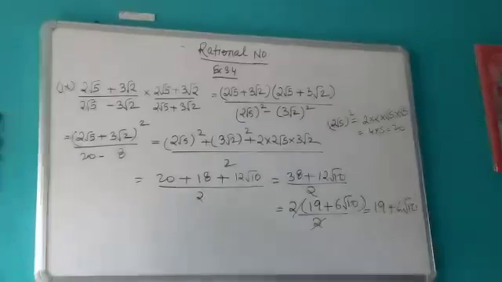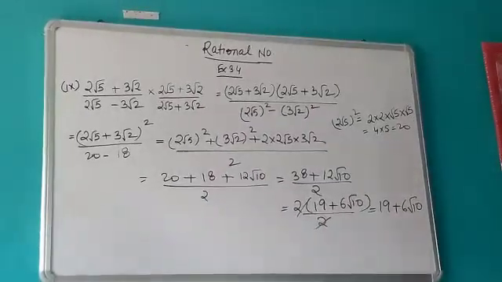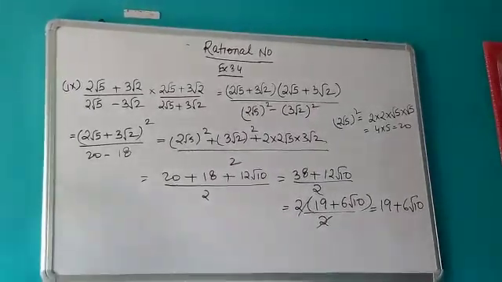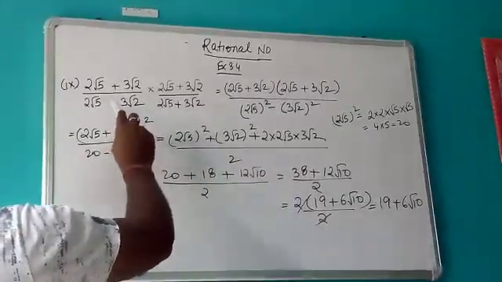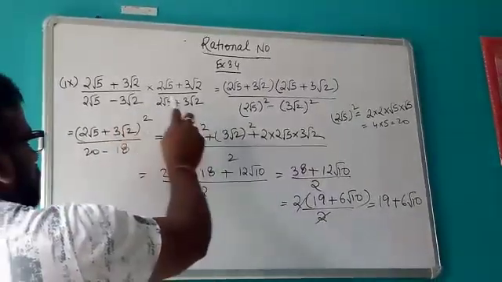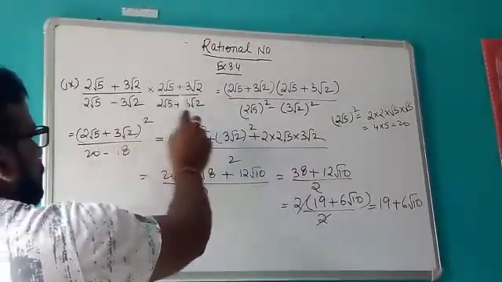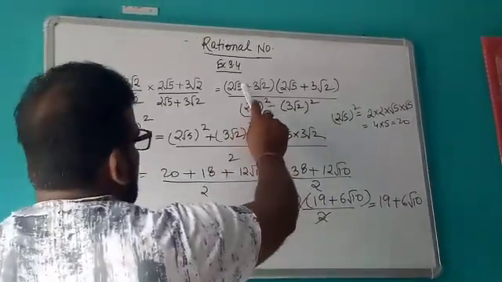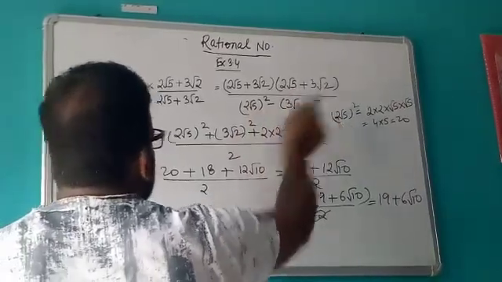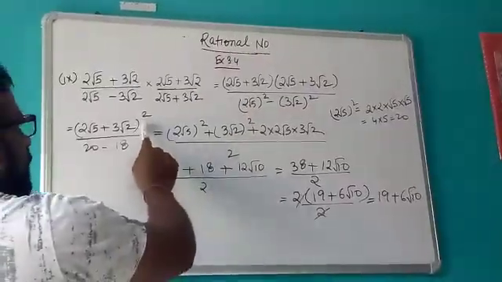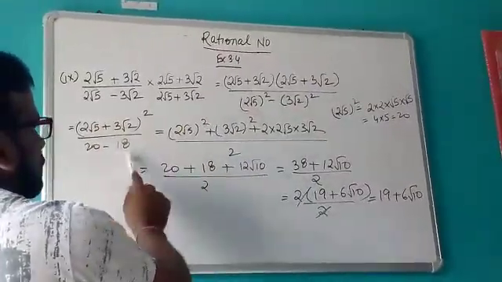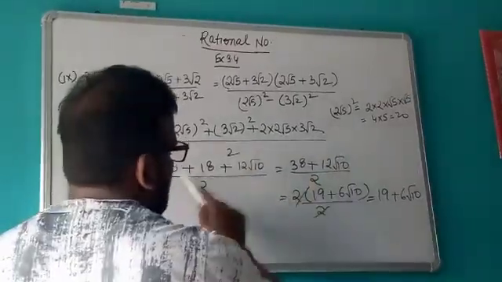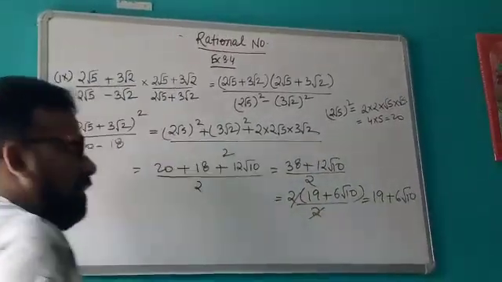Okay, so you can see in these types of questions, whenever you have to rationalize the denominator, you simply change the sign from minus to plus, or if it is plus, from plus to minus. And then you keep on simplifying like this. Like this is (a plus b) into (a plus b), so I have used (a plus b) whole square, then a square minus b square, then expand it like this, and then keep on simplifying.